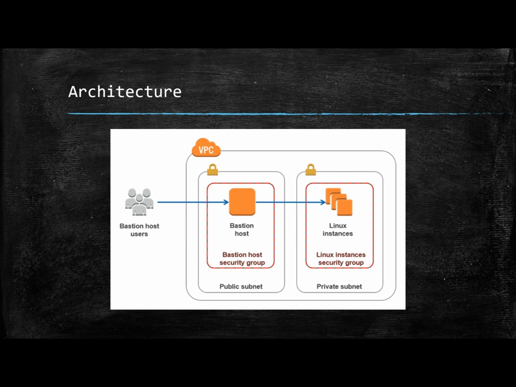So, let's assume that you have instances hosted in a private subnet and you want to connect to those private instances and perform some admin activities or some patching, those kind of activities. How can you perform them, because these instances are hosted in a private subnet? How can you access those instances? By using a Bastion Host.